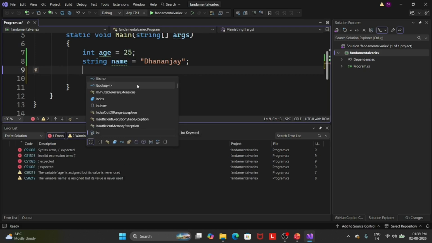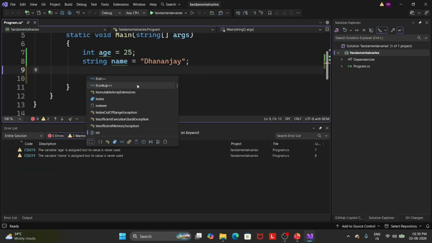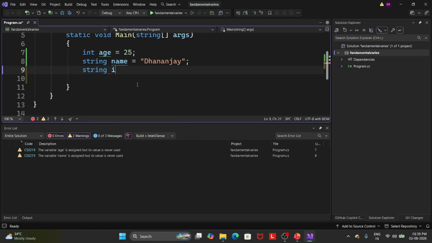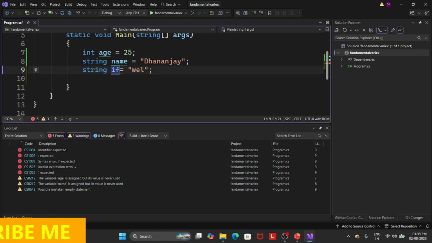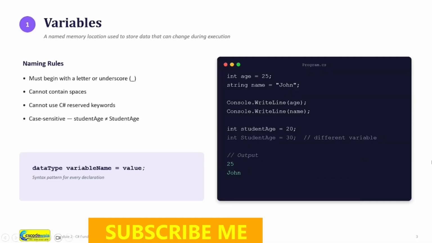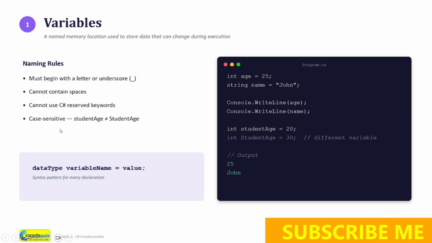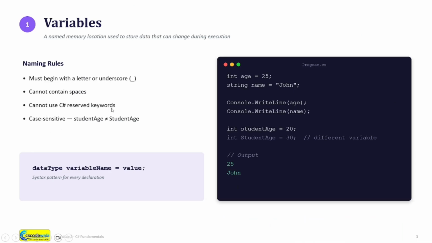Even if I declare a variable name like that, string, and I take the reserved keyword equal to, in that situation it gives errors because a variable name cannot be a reserved keyword. We have already seen that a variable name cannot use a C# reserved keyword.